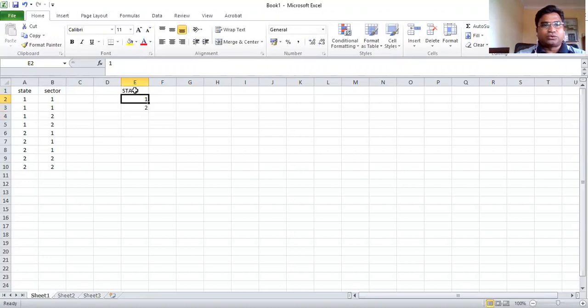Here there are only two states of data. You can see there are two states, state 1 and state 2, and sector 1 and sector 2. Sector stands for the rural and urban variable. So in the first place, you need to know where those data are. Where is the state variable, where is the